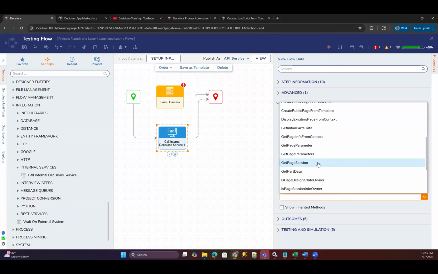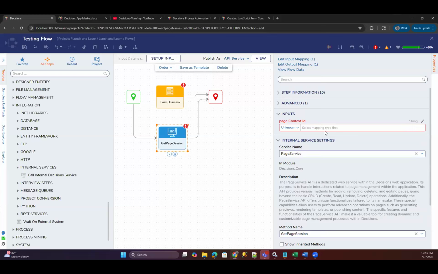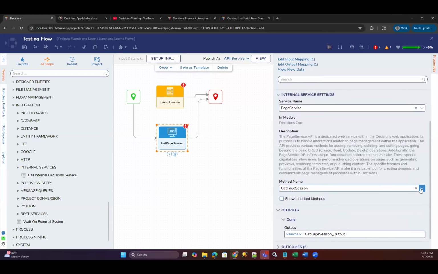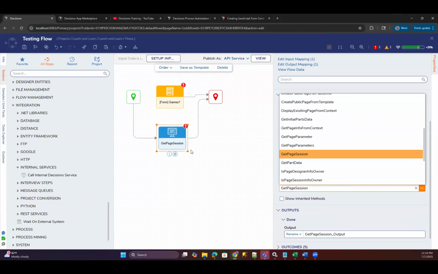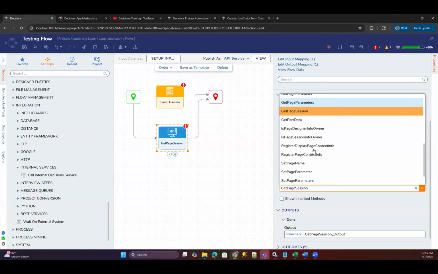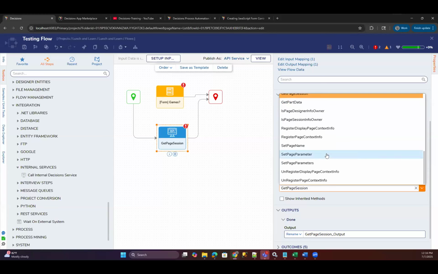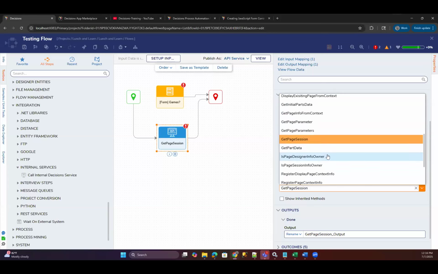Maybe like get, but I don't know what this would get. Page context ID. I don't think any of these are really standing out to me. I thought maybe you could get page information from this and then transfer that, but nothing here is really sticking out as exactly what you're looking for.